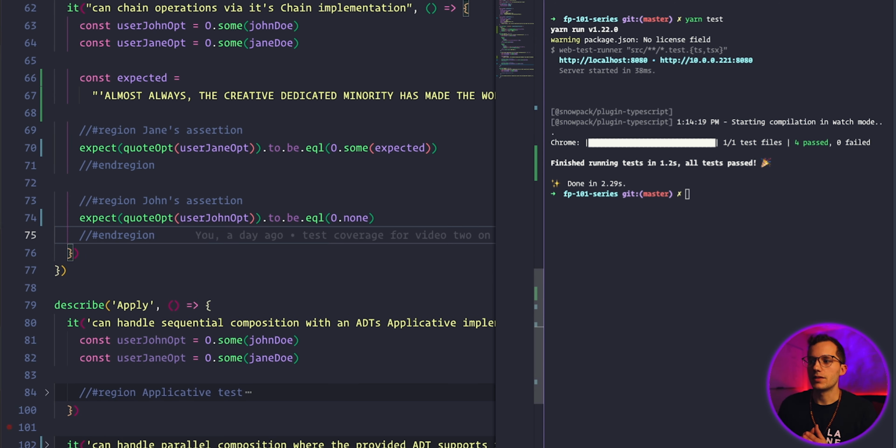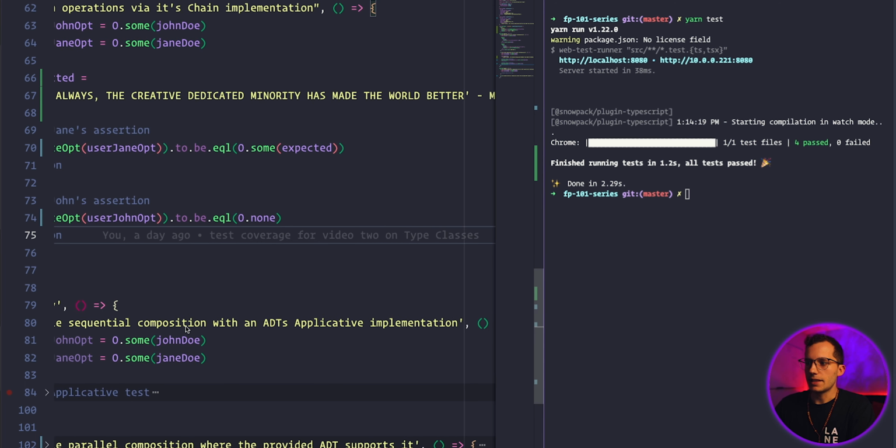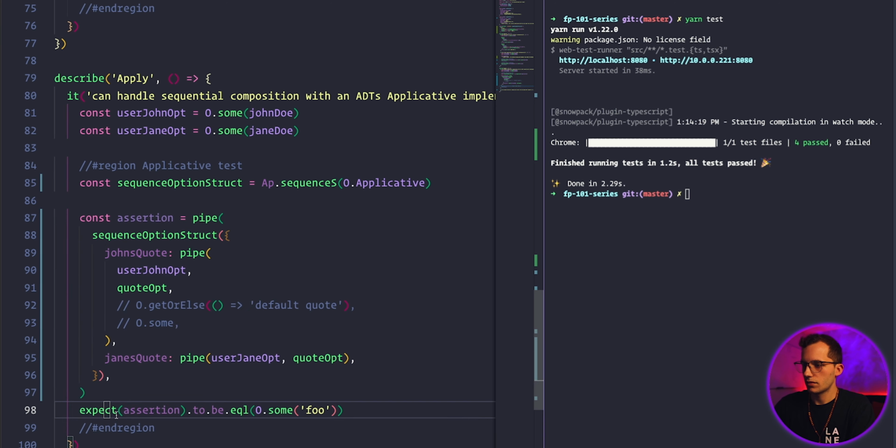Now we're going to step into, again, some more advanced territory, but for good reason, because I think you'll like what you see whenever you see us put this all together and what we can do with applicatives. So here in the test block, we say that apply can handle sequential composition with an ADT's applicative implementation. Now, what do we mean by that? Okay, so let's go ahead and uncomment this stuff. Right, now here's our assertion. Okay, let's take a look